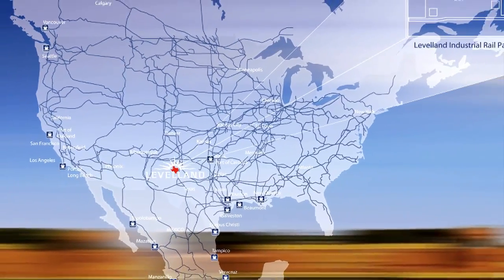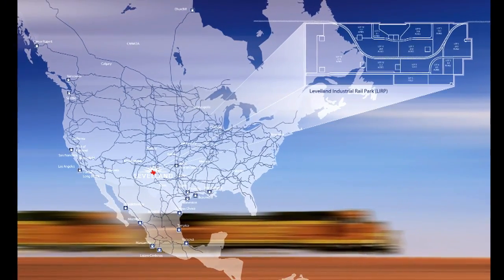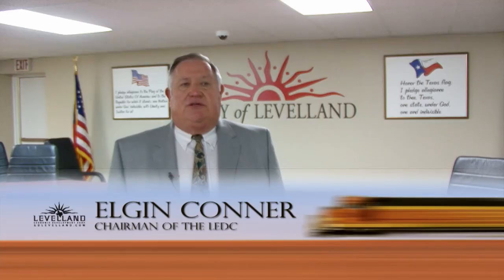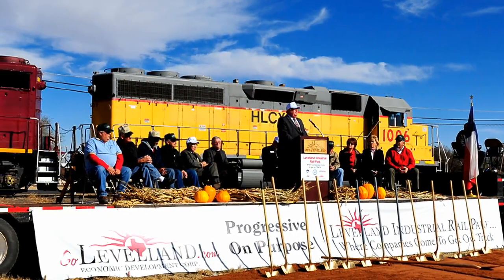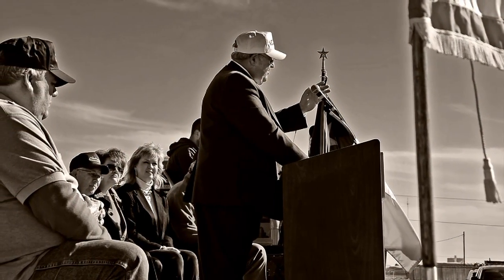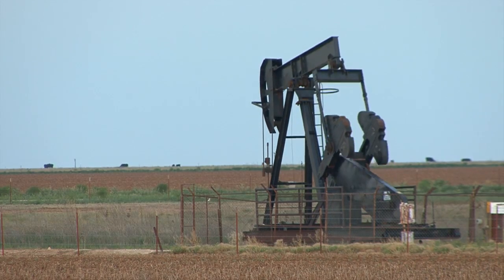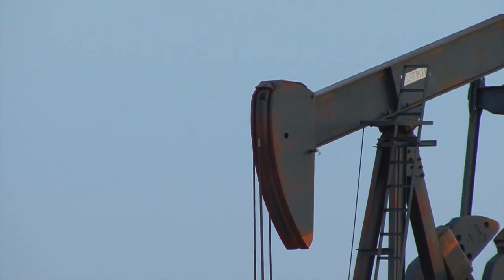to companies large and small, wanting to efficiently distribute products within the region and globally. We have built this rail park in a way in which we can access the global economy, targeting many different industries. We're targeting alternative energy businesses, including wind, solar, and biofuel. We're targeting industries which will add value to the agricultural products which are produced in this area. All manufacturing will be targeted, as well as all the oil and gas production. With all the oil and gas operations in the area, we'll target industries involved in both the production and service